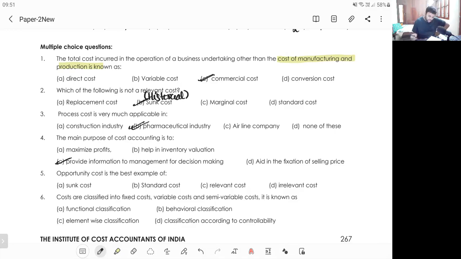Next, opportunity cost is a best example of a relevant cost. We have two types of cost, relevant and irrelevant. Something which is relevant for decision making is relevant cost, something which is irrelevant for decision making is irrelevant cost. You are going to get a job of 50,000 rupees, but your father is telling you to sit in the shop. If you sit in the shop, you will get only 40,000 rupees. In that case, can you argue with your father saying, Father, if I do the job, I'll get 50,000, if I sit in your shop, I'll get only 40,000? Means for that 40,000, I'm having an opportunity cost of 50,000.